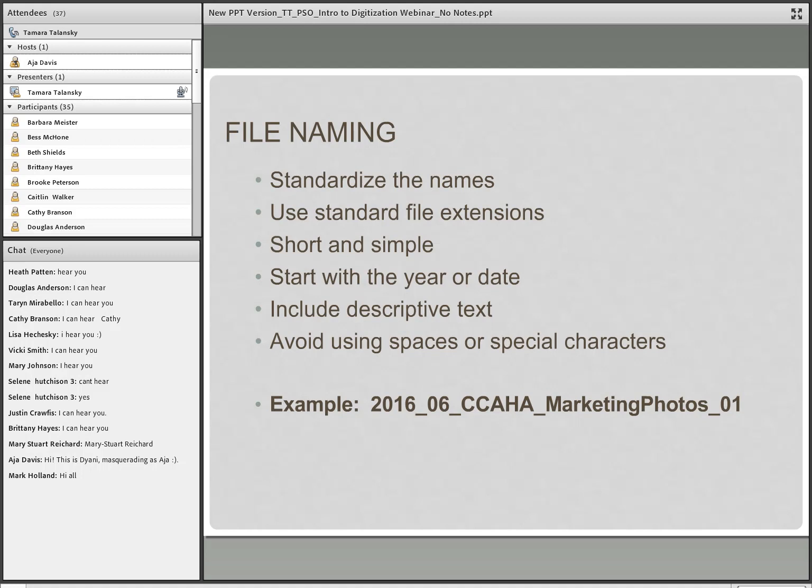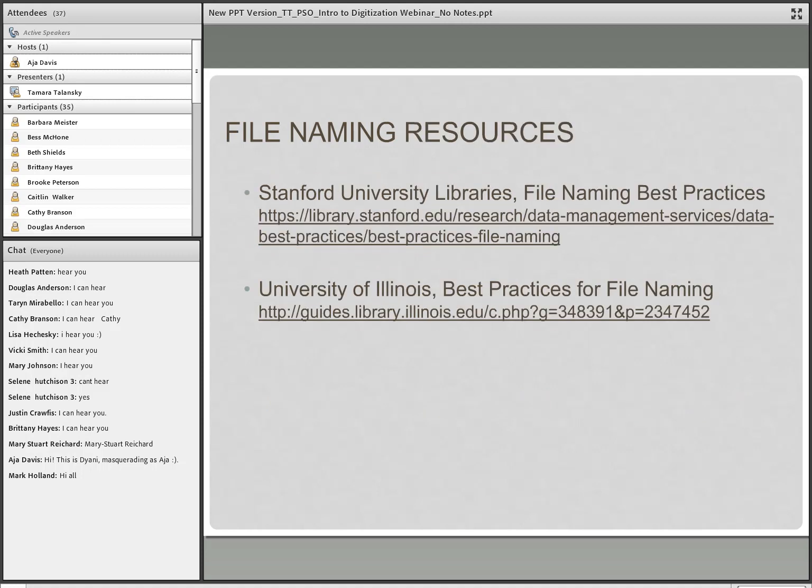Many photo or digital camera programs will let you automatically name a save file as you create them rather than just assigning them a number, but you can also go back later and rename files for more detail and accuracy. Keep in mind that your photos or documents may one day become separated from the folder you're putting them in, so it is a good idea to include enough information in the file name to identify it later without having the folder. And here are a couple of excellent resources for more information on best practices for file naming.